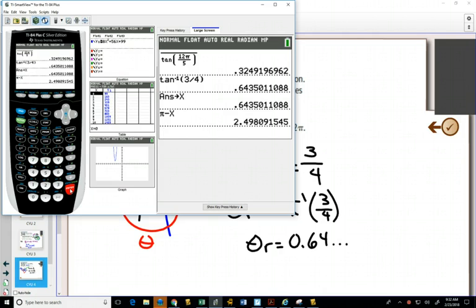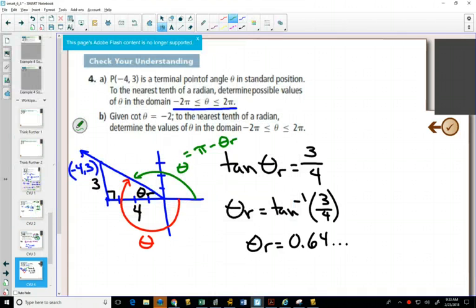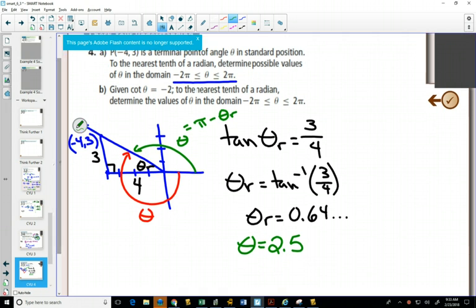So that's why I wrote my reference angle as 0.64 with a bunch of dots, because I knew I was going to keep all of my decimal places, and it's only now that I'm writing my angle that I'm going to round to the nearest tenth. So theta is equal to 2.5 radians. To figure out my other angle, my red one,